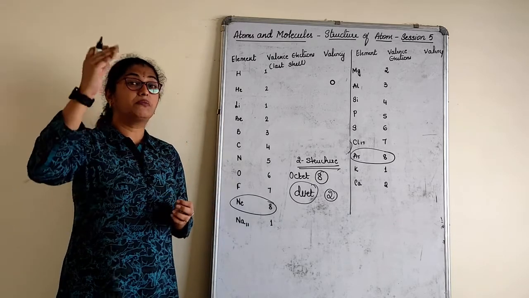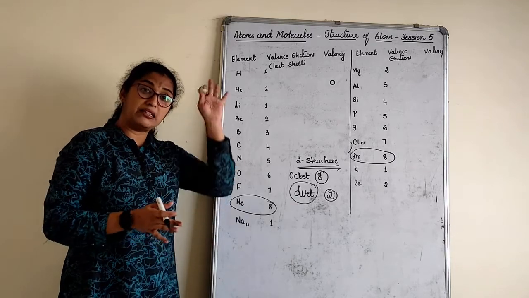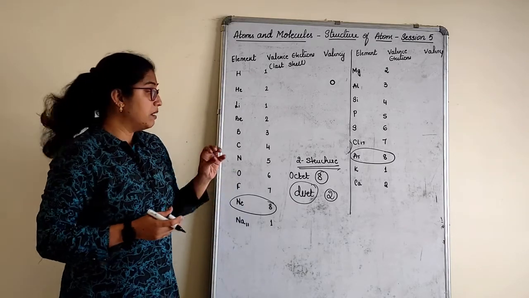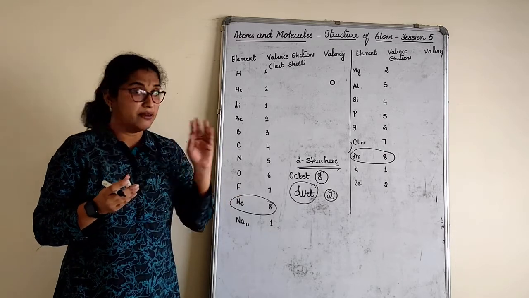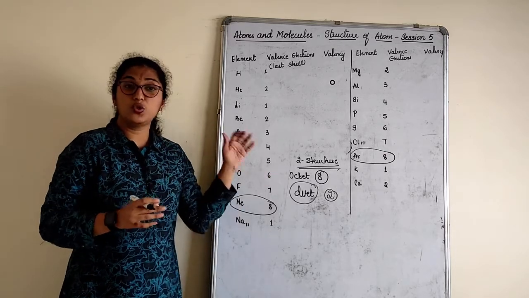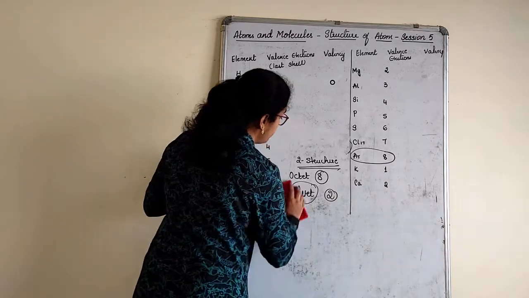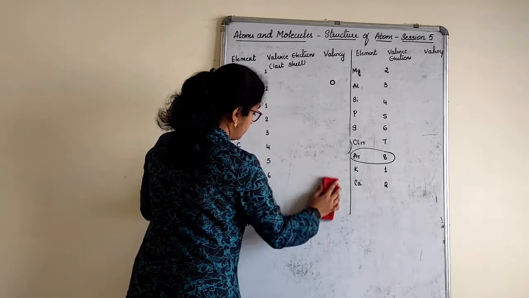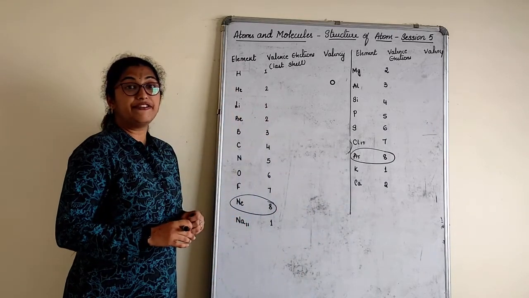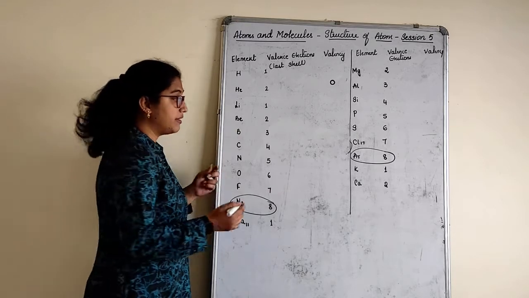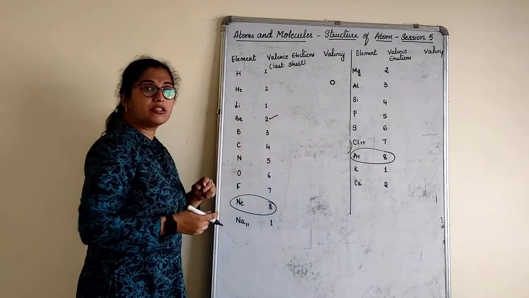This is much more advanced, what you study again in the next chapter, carbon and its compounds, in standard 10, children. But remember, it can form a duet or an octet. Don't break your head much in this. Duet structure is nowhere mentioned in your book as of now. Okay? Because its outermost orbit is completely filled. Last shell itself is 2. Now see here. Why last? Even you can tell me beryllium is also almost filled.